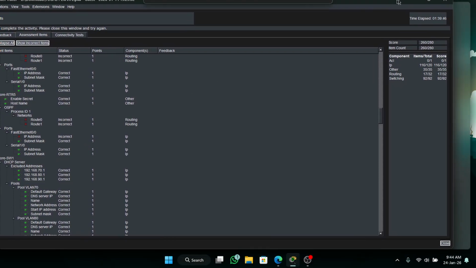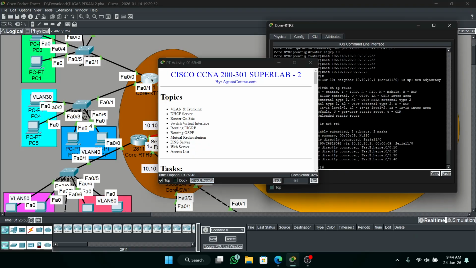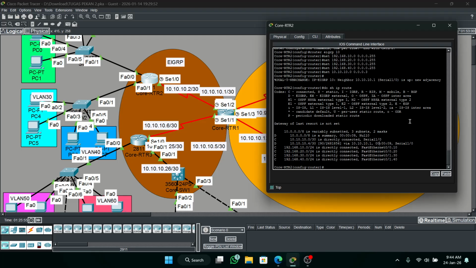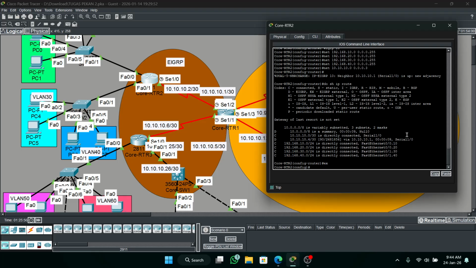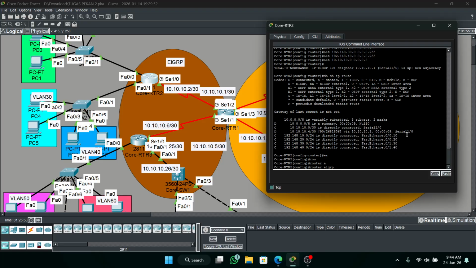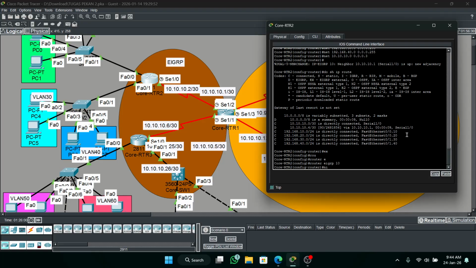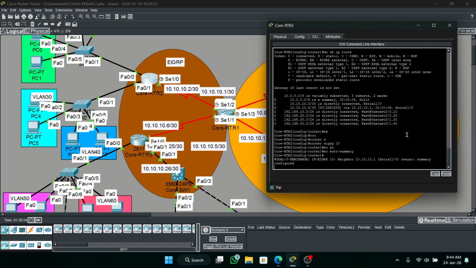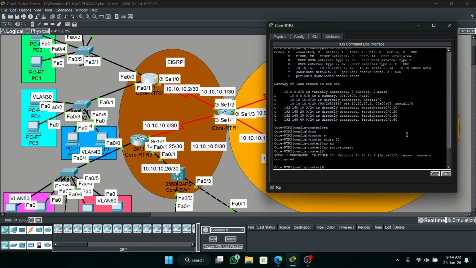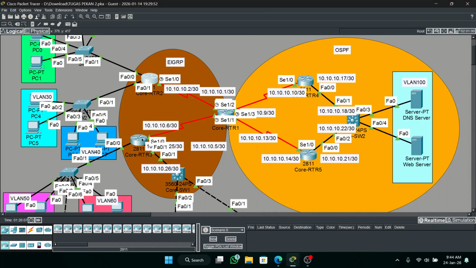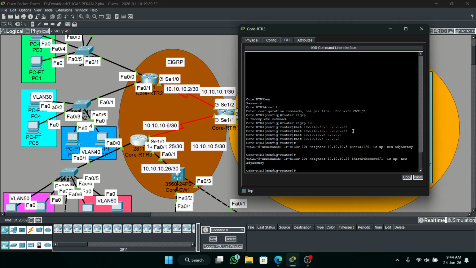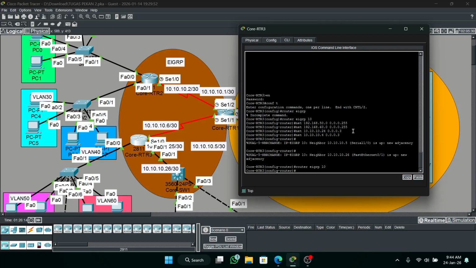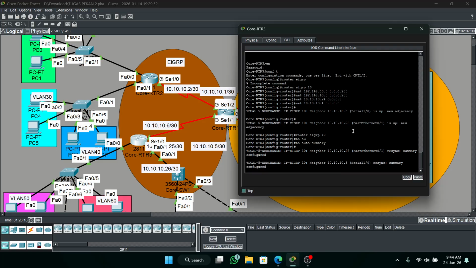Okay, I forgot this. EIGRP 10, no auto summary. Okay, this is to router EIGRP 10, no auto summary.